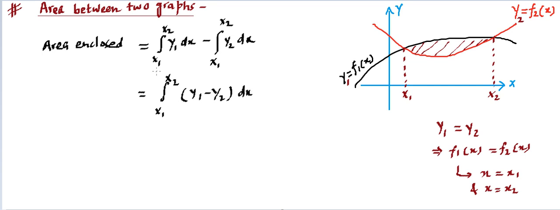So the point is, if the y1 function is given to us, the y2 function is given to us, and it is being asked what is the area enclosed, we are going to find y1 minus y2, and we will place y1 minus y2 over here. We will integrate, and the limits will be decided from here. We will simplify whatever comes, and that becomes the area enclosed between two curves. Making sense? Let me take this last example related to this and solve it, and then this will be done.